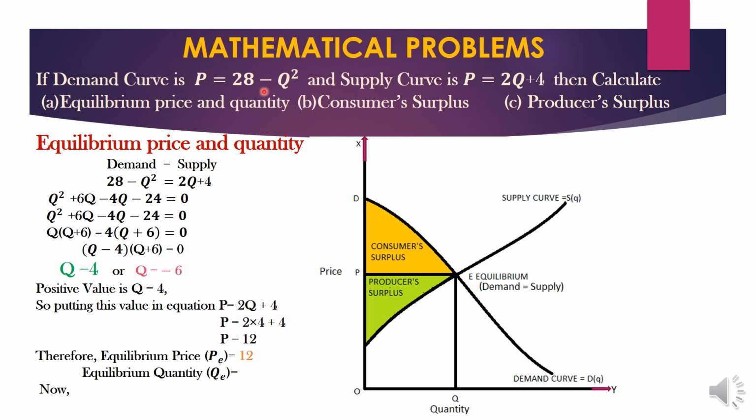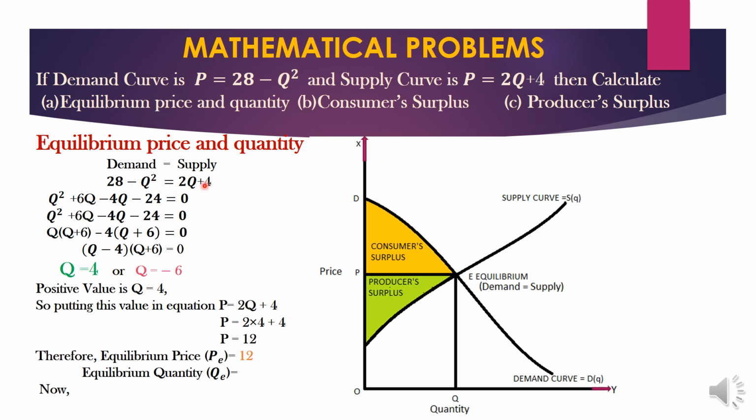And in order to calculate the consumer surplus and producer surplus, first of all we need to find the equilibrium price and quantity of the good. As we know, the equilibrium price and quantity of the good are determined where demand is equal to supply. So we put the demand function equal to the supply function and calculate these values, where 28 minus q square is equal